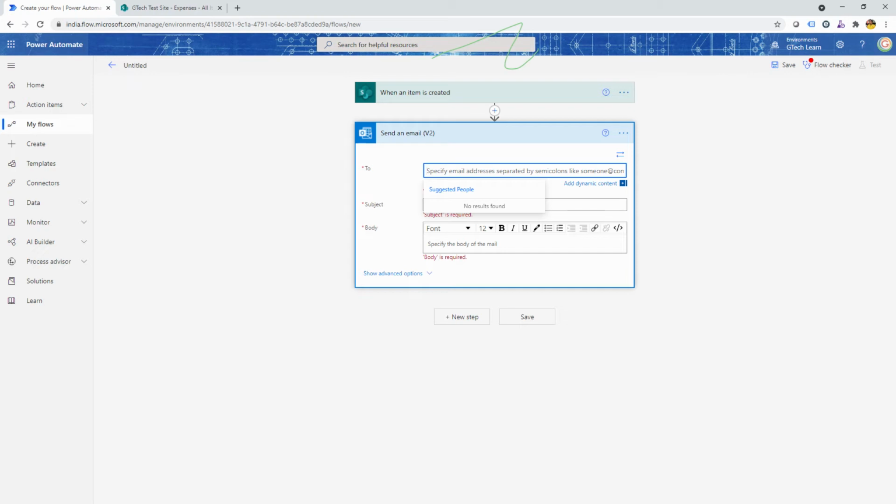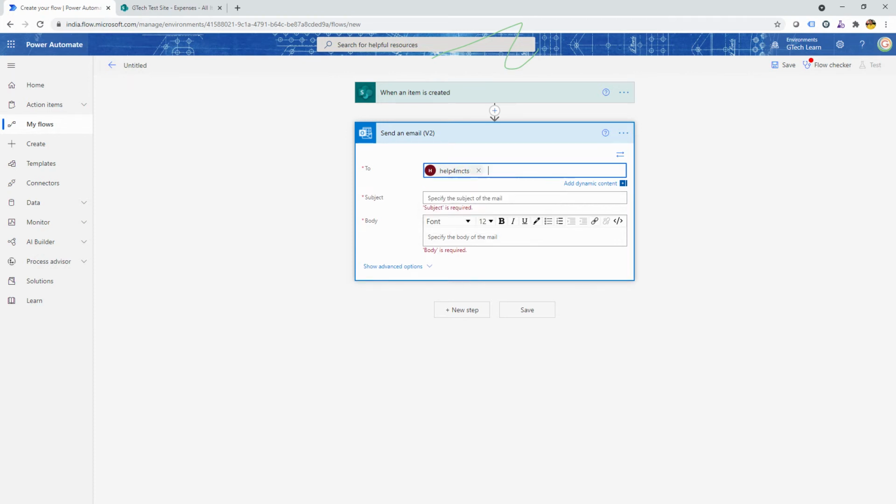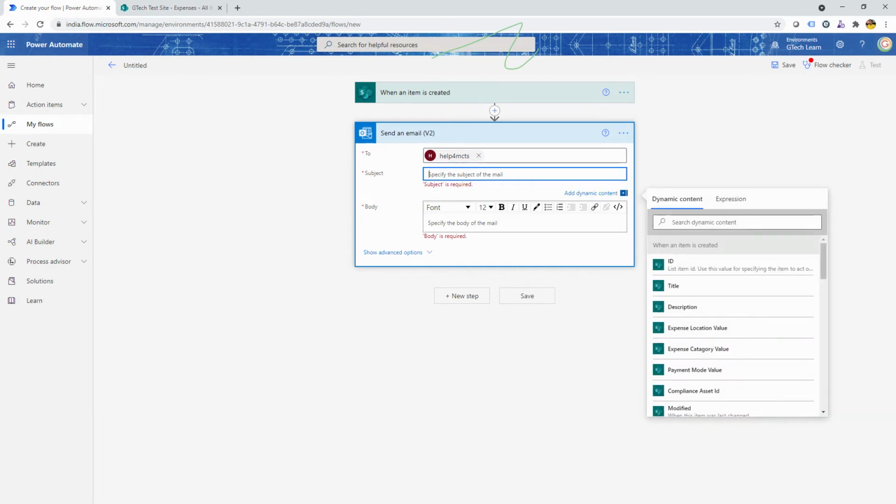I click on this particular area which specifies to whom I want to send this email. I can add some dynamic content as well, which we will be adding a little bit later on in the same demo. I want to send it to one single person because that person wants to be notified when a new item is added to the list. All right, what is going to be the subject? Let's say, New expense entered